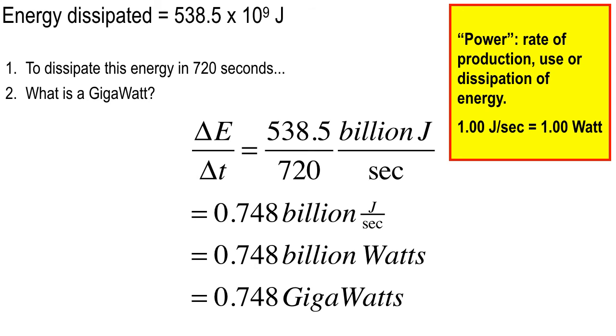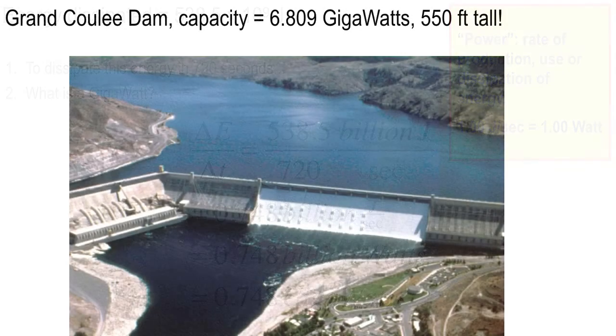But what other things are there in this world that operate at the level of gigawatts or a few gigawatts or half a gigawatt, other than the flux capacitor, which operates at 1.21 gigawatts? But that's in a movie. Well, here's something. Grand Coulee Dam, just about the biggest dam that we have, hydroelectric-wise, out in Washington State.